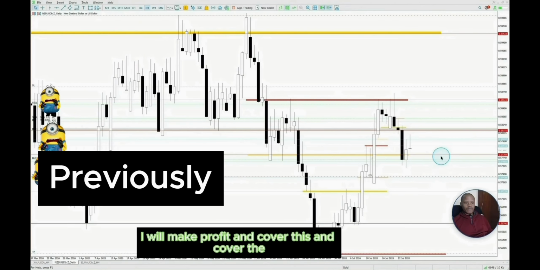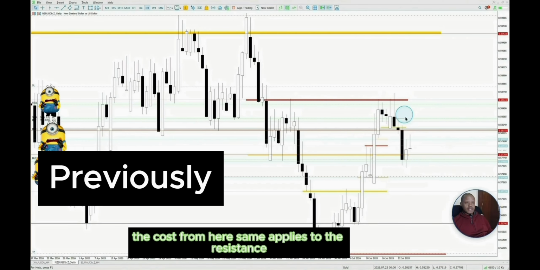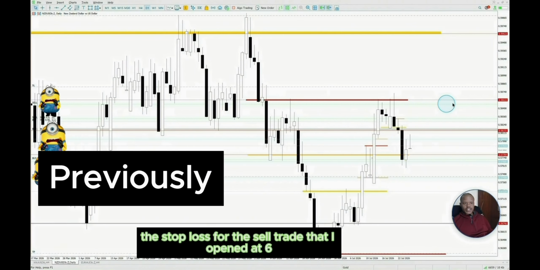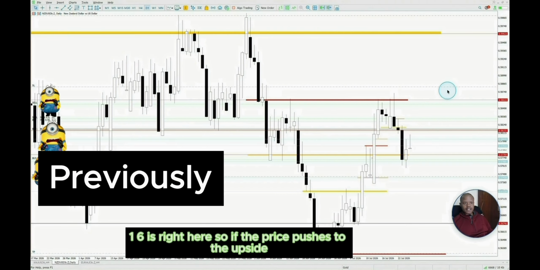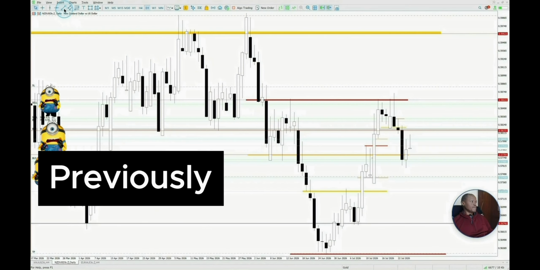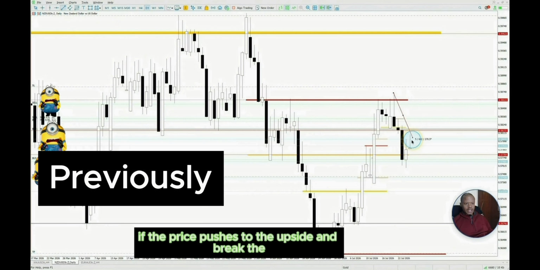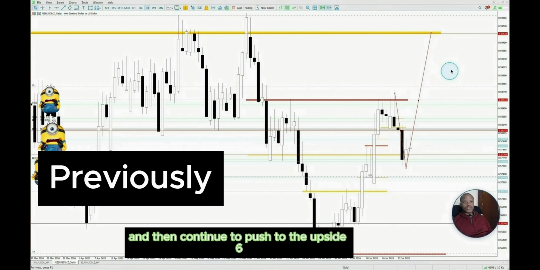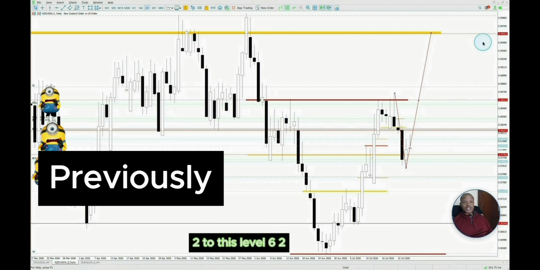and cover the cost from here. Same applies to the resistance. The stop loss for the sell trade that I opened at 616 is right here. So if the price pushes to the upside and breaks the level, it will activate the stop loss and then continue to push to the upside to this level,